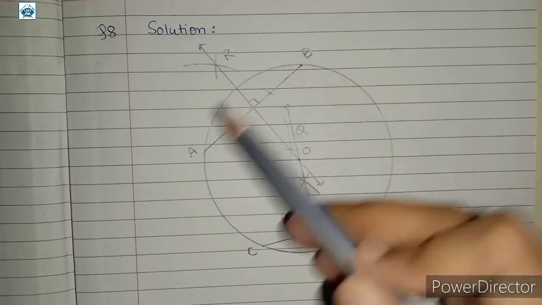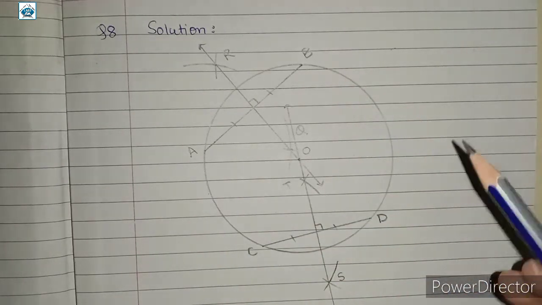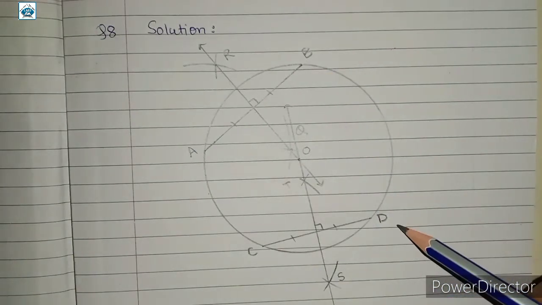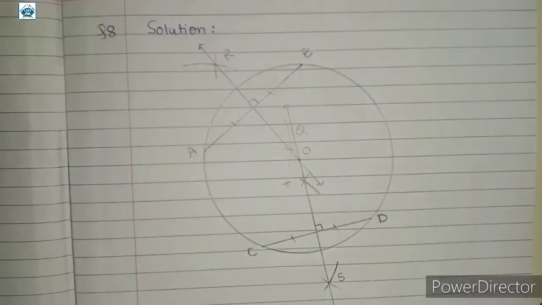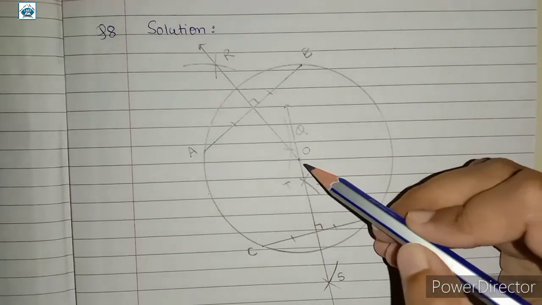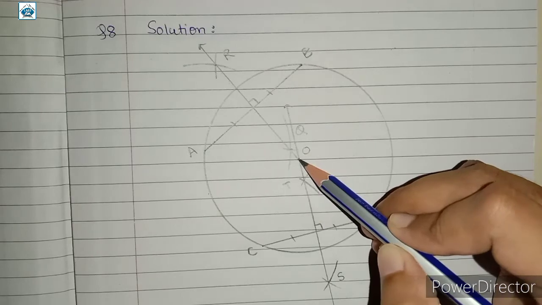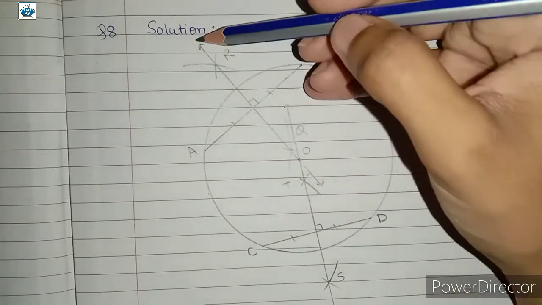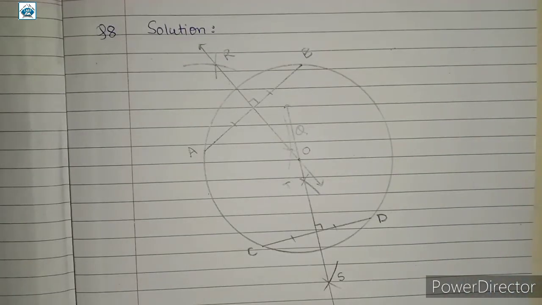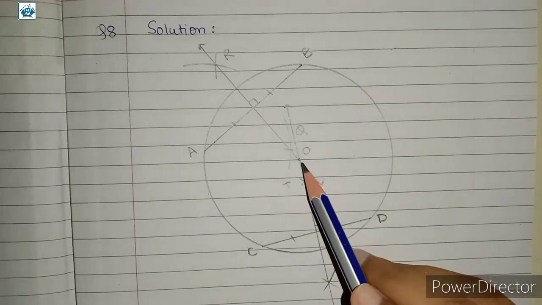Once again we drew a circle having a radius of 4 cm and we drew two chords AB and CD of this circle. After that we constructed the perpendicular bisectors of both AB and CD. Where are they meeting? They are meeting at the center, that is the point of intersection of RQ and ST is the center O. So this was the question which was asked to us. Where do they meet? So they meet at the center of the circle.